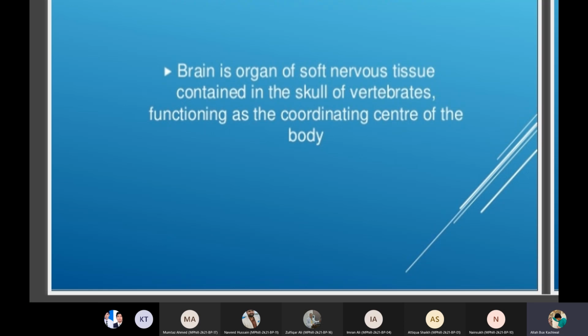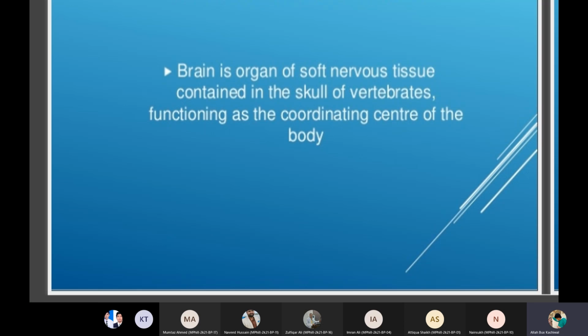One is the peripheral system and the other is the central nervous system. So the brain is the most important and vital organ of the body, which governs the full control of the body, and it coordinates with all the functions of the body where the innervation is being supplied. The brain gives the orders and receives the results of the different functions of the organs.